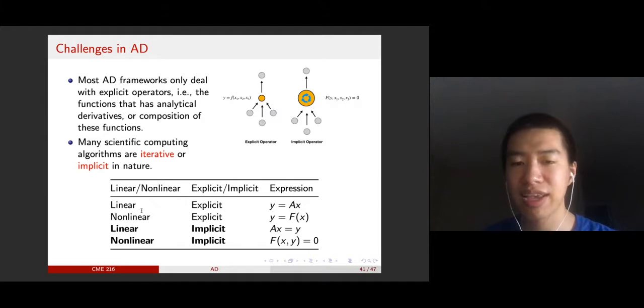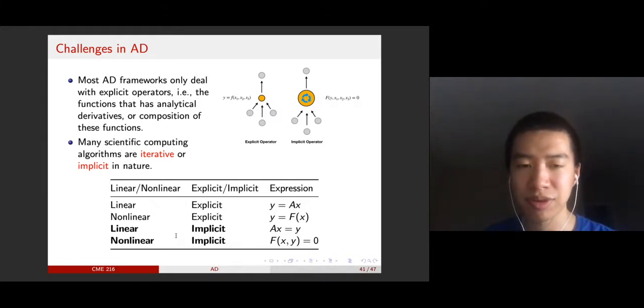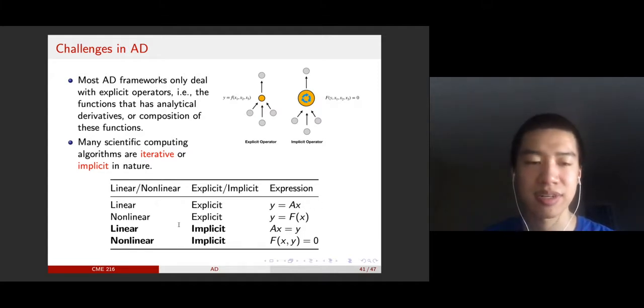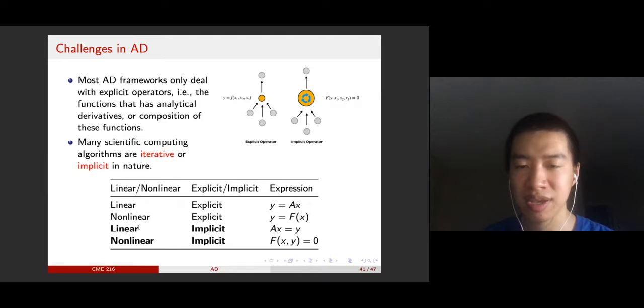You can classify the different operators into 4 categories according to whether they are linear or nonlinear, explicit or implicit. So you have a linear explicit operator, where the output is just A times x, or you can also add a constant here. The second category is nonlinear explicit, for example, the sine or cosine or sigmoid or tanh or any other operators that are written in the explicit form. And you also have a linear implicit operator, where you have to calculate